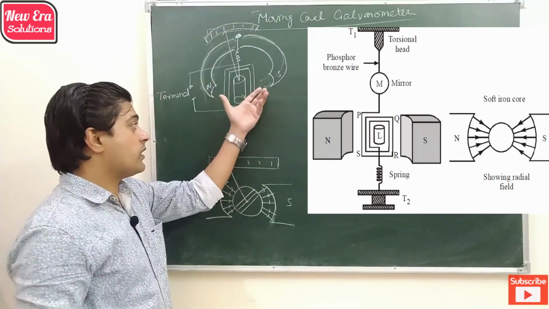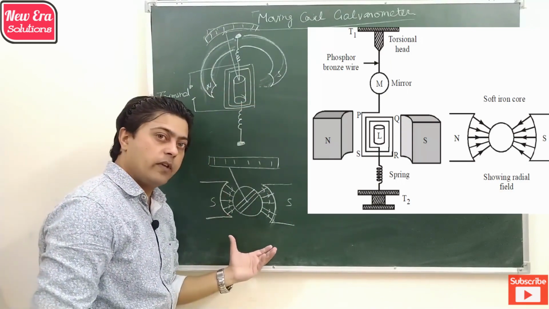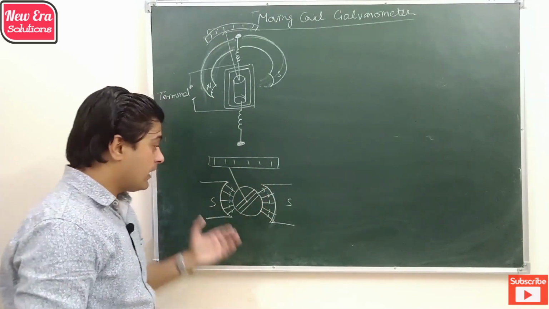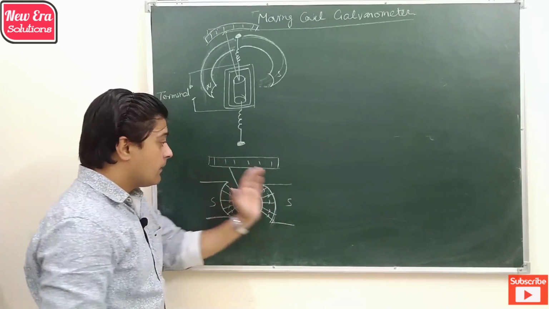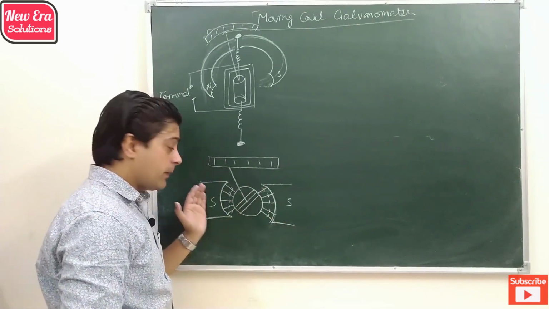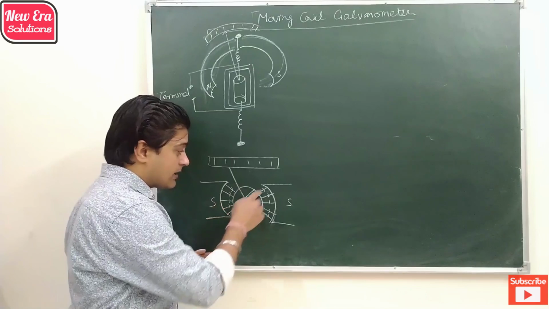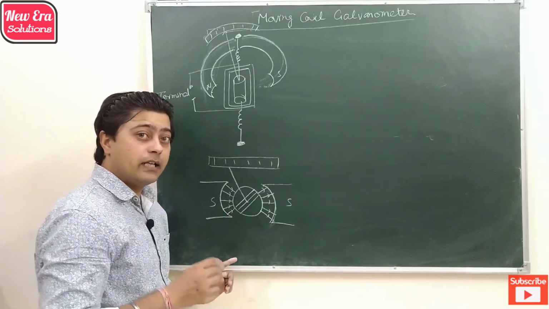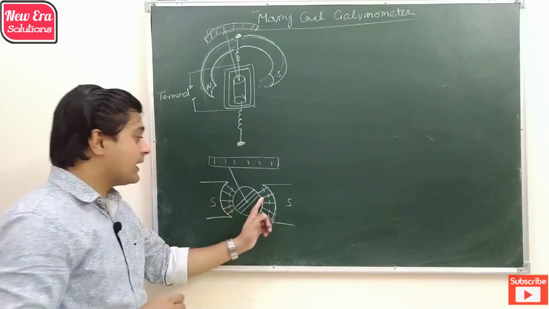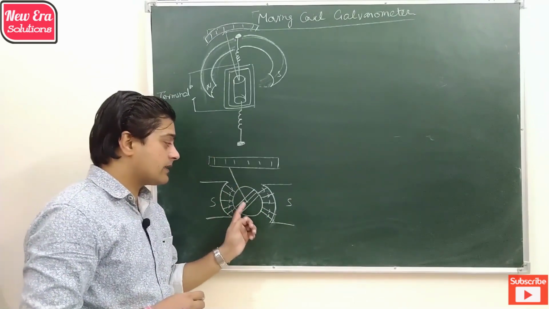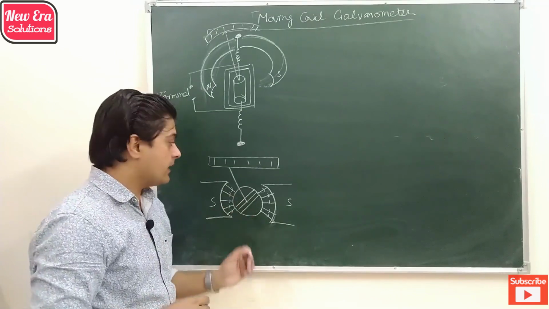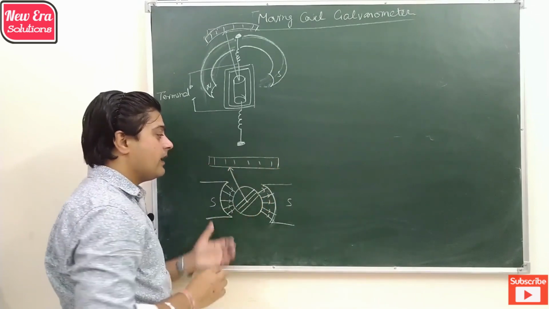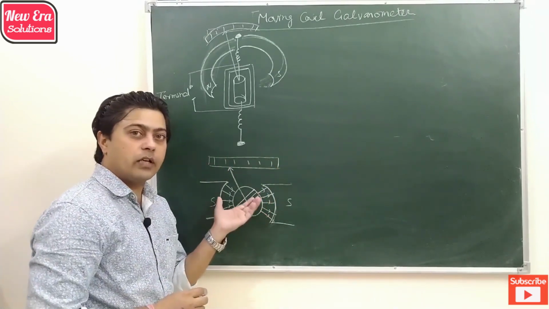Now this is the front view and this is the top view of the moving coil galvanometer, where we observe that the cylindrical piece of soft iron experiences the magnetic field from the concave shaped poles, directed towards the center. That type of magnetic field is called a radial magnetic field because all the field lines are directed towards the center like the radii, and this pointer provides the deflection on the scale as per the current we are going to measure.